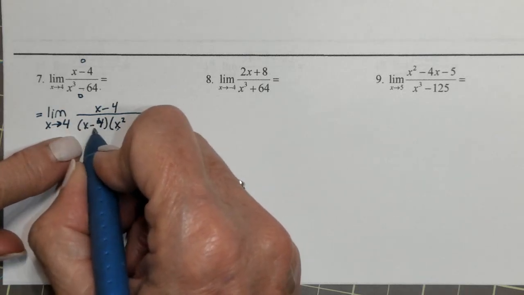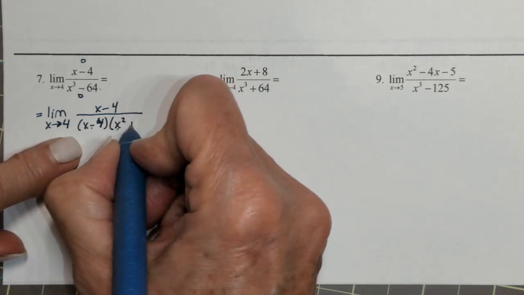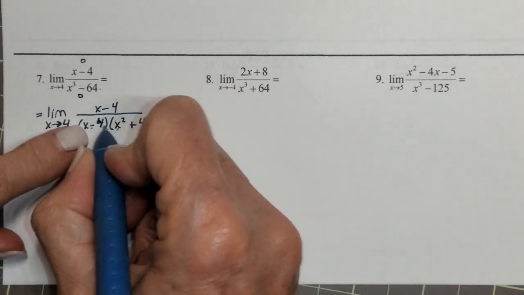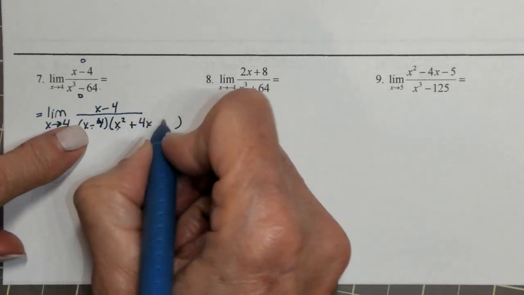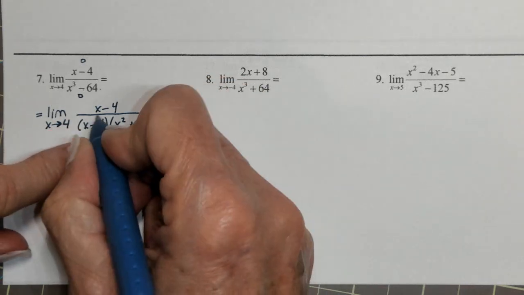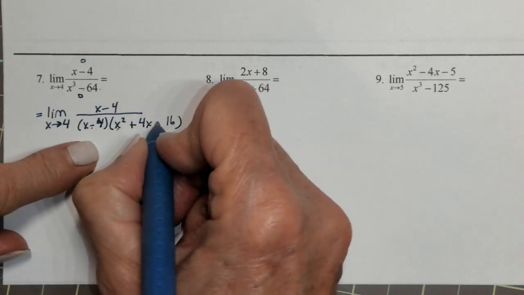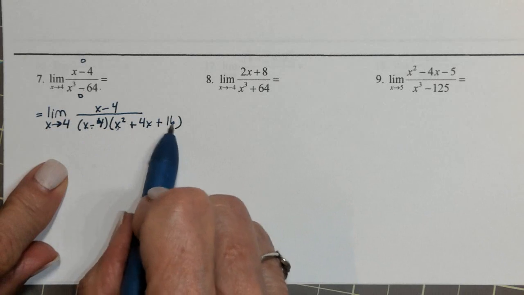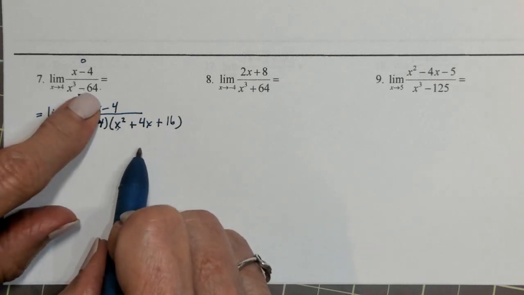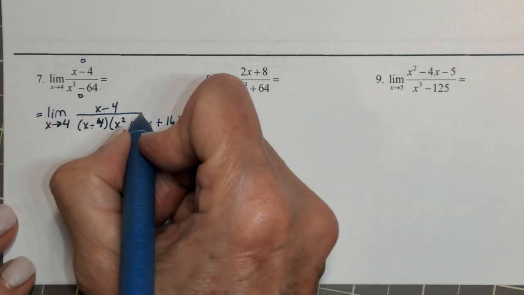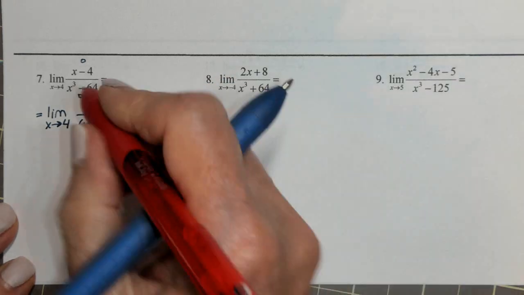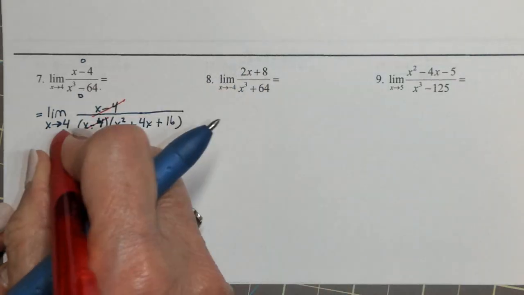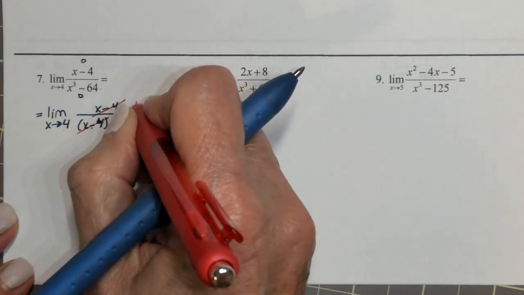Take the product, but change the sign. Plus 4x. Product, change the sign. And then at the back, it's the square of the last term, and it's always positive. When you multiply negative 4 times positive 16, you get that negative 64. Okay. The x minus 4's reduce out because x cannot be 4, and they do totally reduce out to a